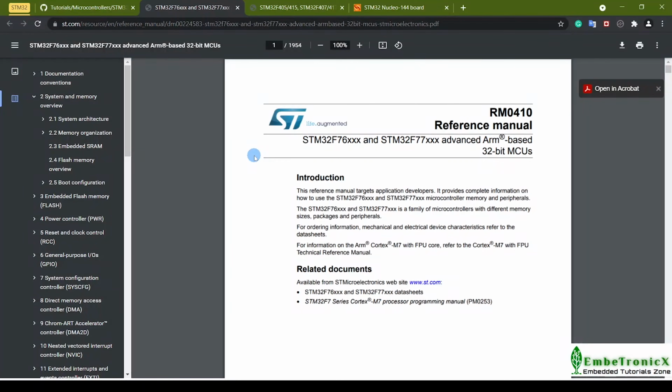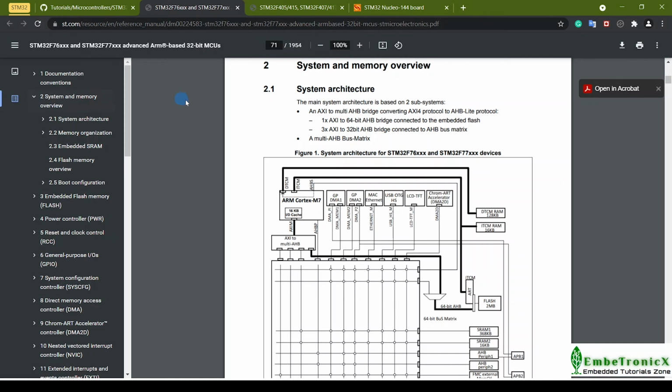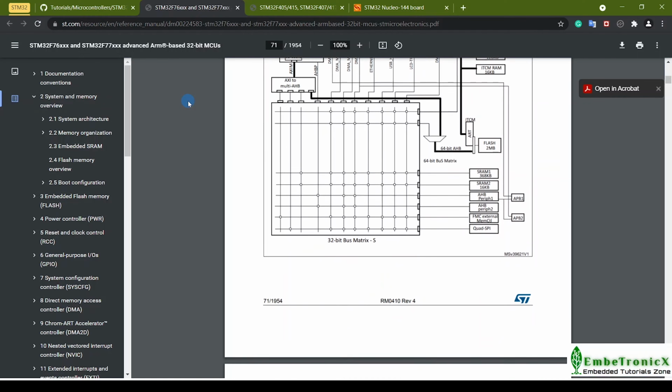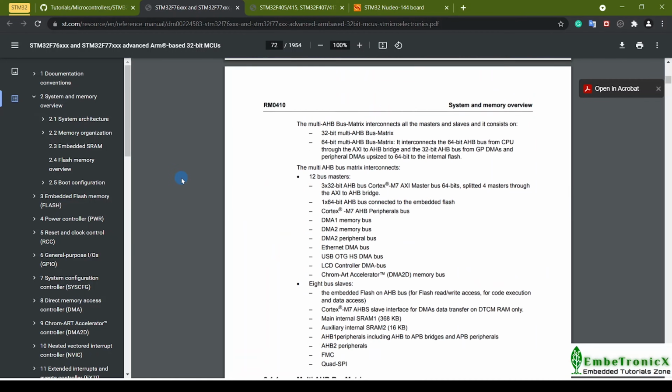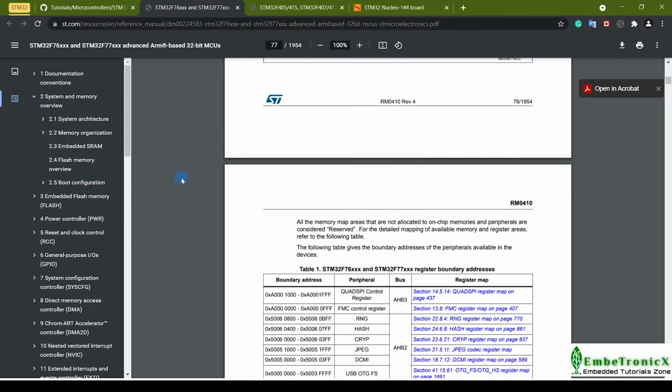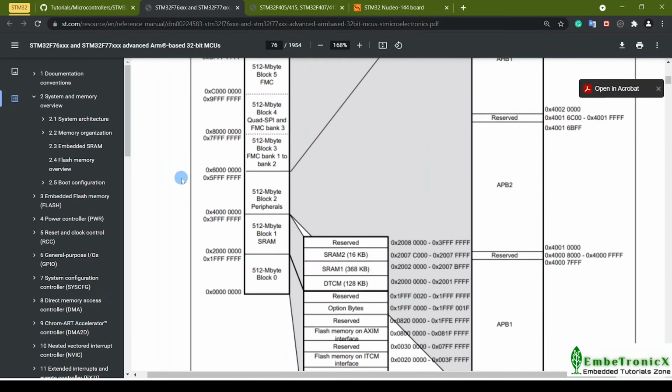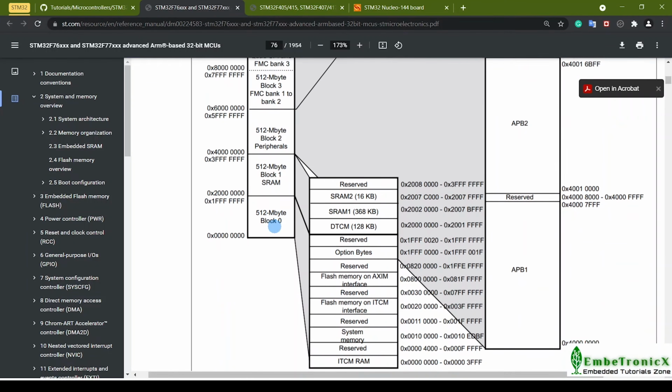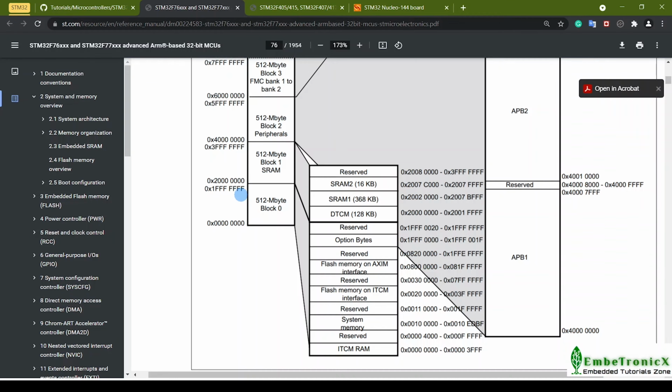STM32F767GI memory. The code memory starts from 0 to 1FFFFFFF.